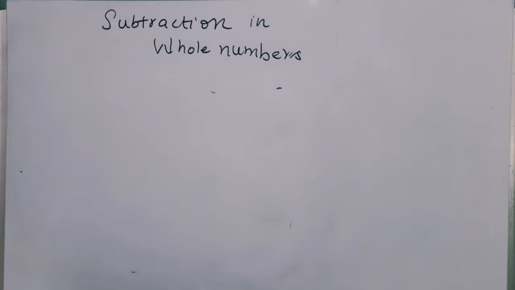In this video, I am going to teach you about subtraction in whole numbers. I have already taught you about the properties of addition in whole numbers. So, there were how many properties? The first property was closure property, second property was commutative property, third property was associative property. Now, in this video, I am going to teach you about those properties only, but these properties will be followed